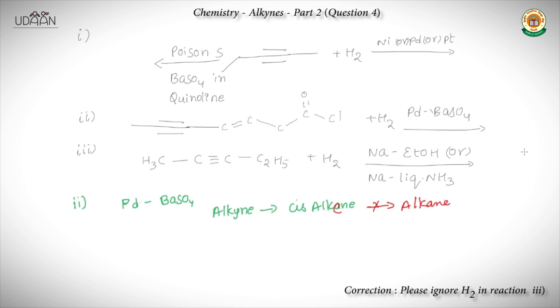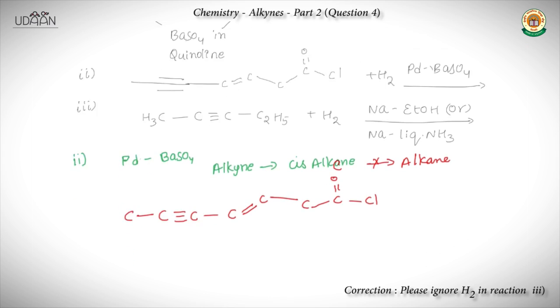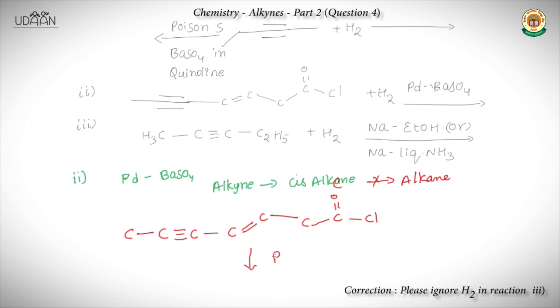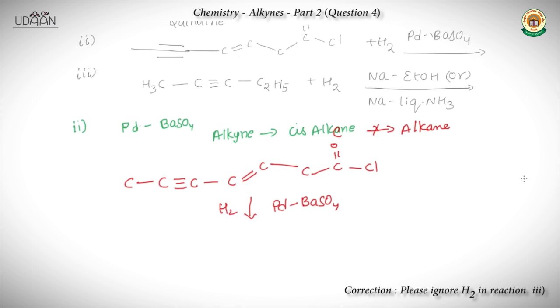And if you see the first part, you have C carbon, C triple bond C, single bond, a double bond here, and trans to it you have C, C double bond O, Cl. Now, if you add palladium in presence of barium sulfate plus H2, you will get a cis product, that is C, C double bond C, C, and you have